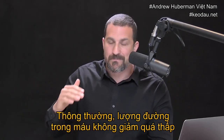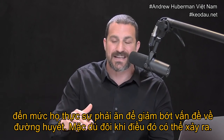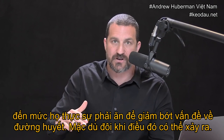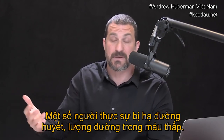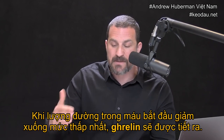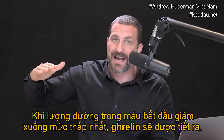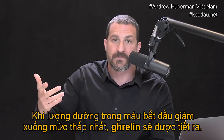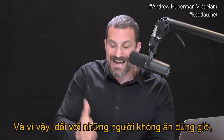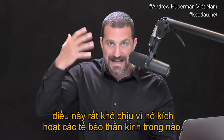In general, blood sugar doesn't drop so low that they truly need to eat in order to alleviate a blood sugar issue, although sometimes that can happen. Some people are truly hypoglycemic, low blood sugar. But most people, as the blood sugar starts to head down towards the low-ish ranges, ghrelin is secreted. And so for those people, not eating on the clock is very disruptive to them because it activates these neurons